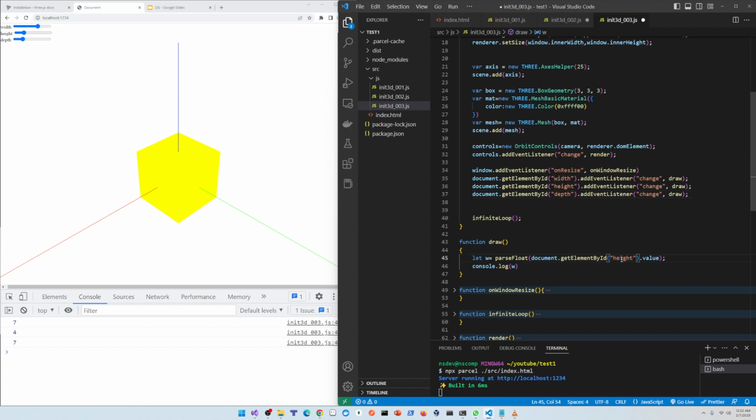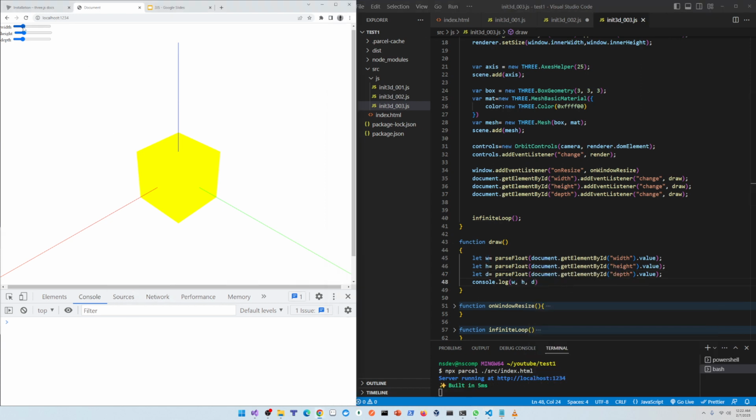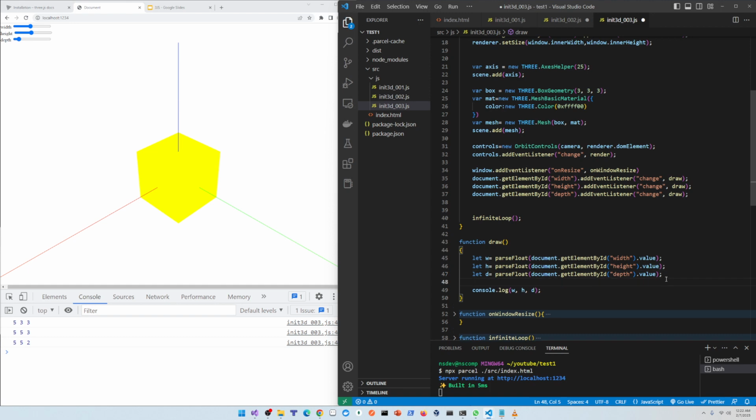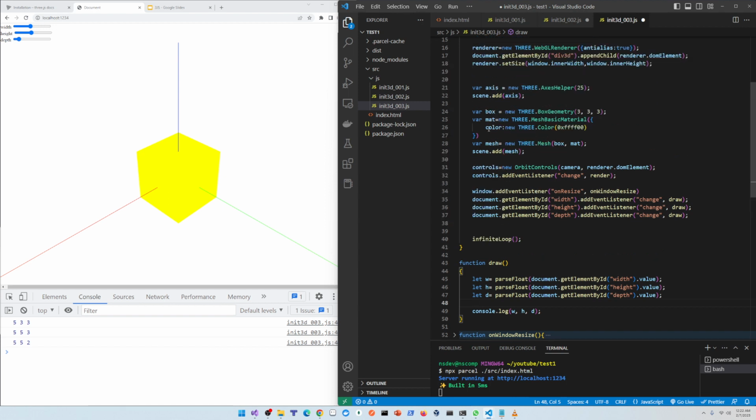Let's do height. Oh, sorry. So I'm just doing a control C, control V to reduce the possibility of making errors. So now whatever change we make, it will just print the WHD. So width, height, and depth. So next what we have to do is we need to render the object itself. Okay, so this object here,